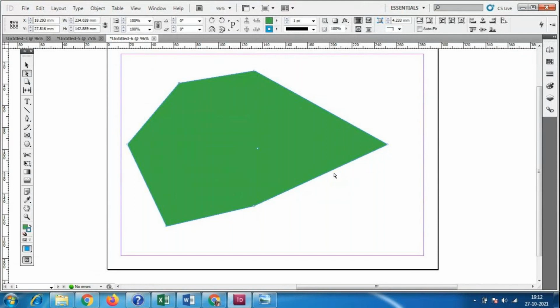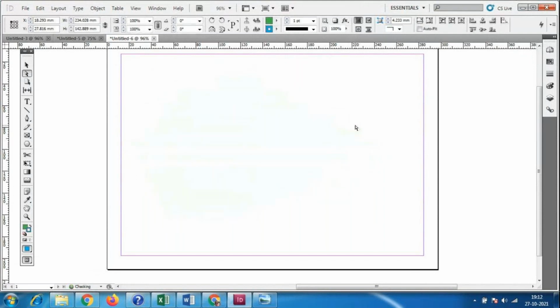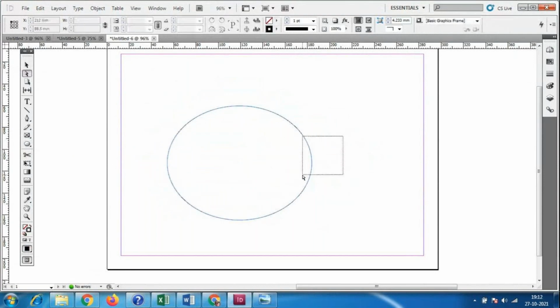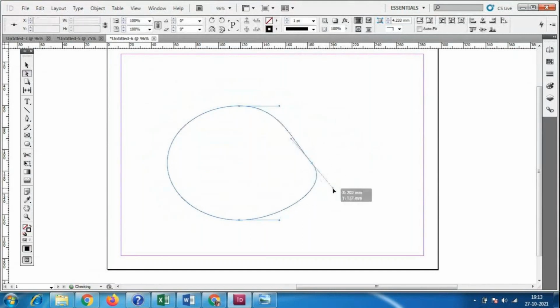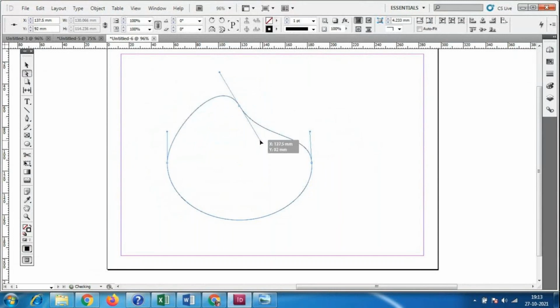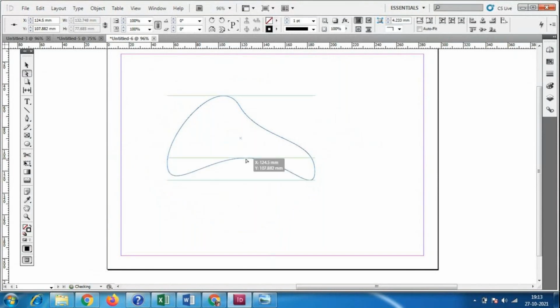So I'll just delete it, and whatever tools we have, this ellipse tool or some of the things, we have this direct selection tool. We have to select the points like this, wherever the points we have. These are the anchor points, or nodes, we can call them. So we can bend it as much as we want. We have these two antennas over here, and using that we can bend this point, as much as we want.